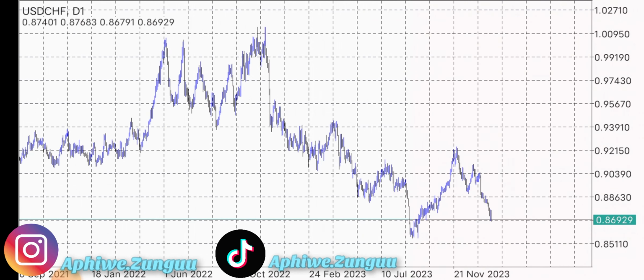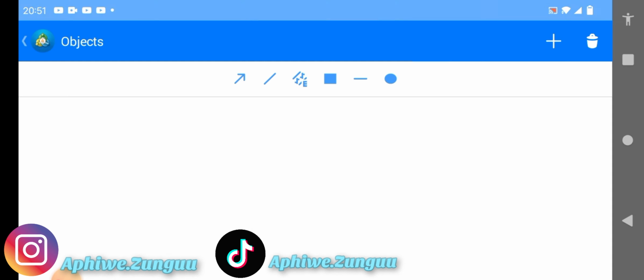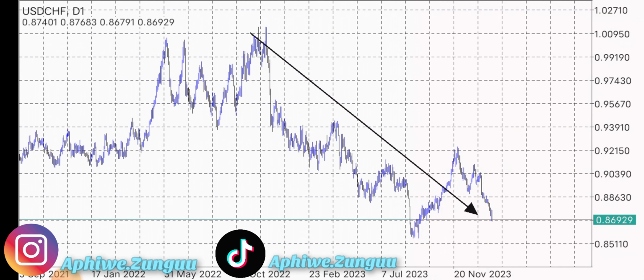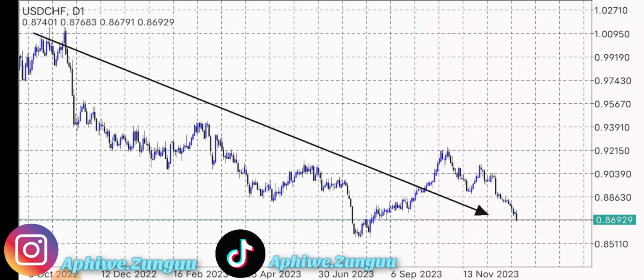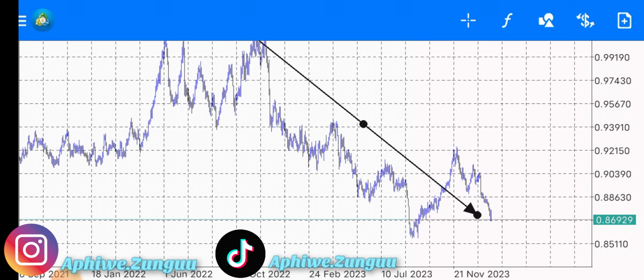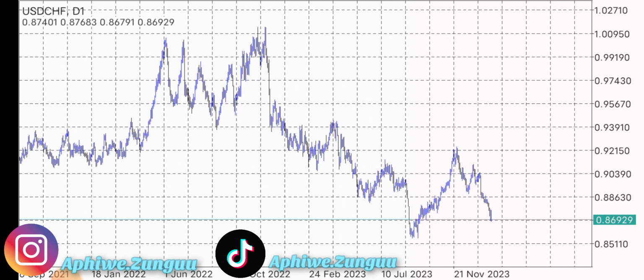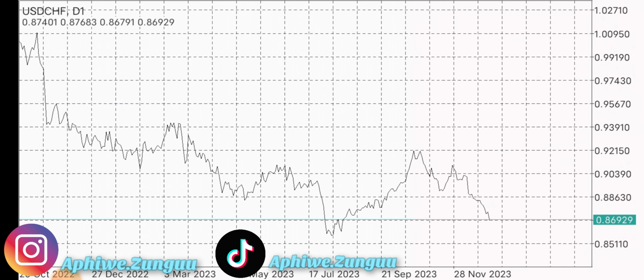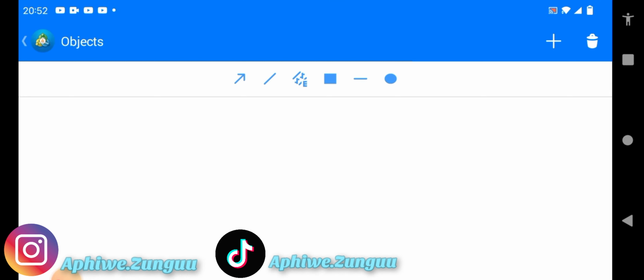USDCAD on a daily time frame, we can see that USDCAD has been moving towards the downside from the past high that it created, right? USDCAD has been moving towards the downside in the daily time frame, right? So we're trying to see how to actually capitalize on that downwards movement, right? So analyzing, we can see that